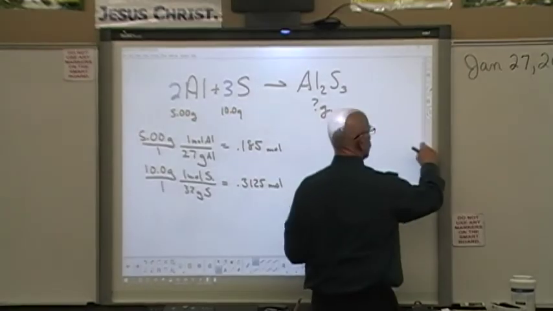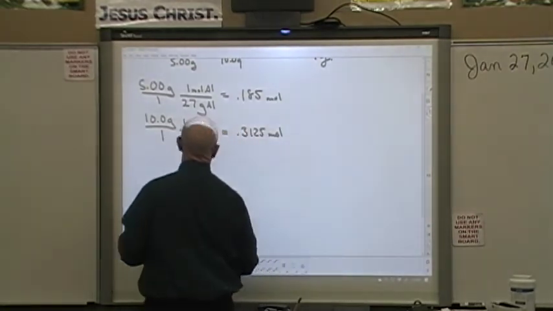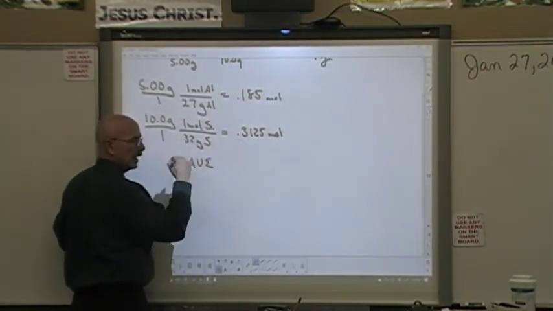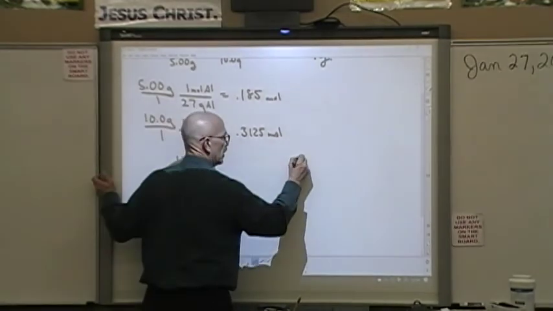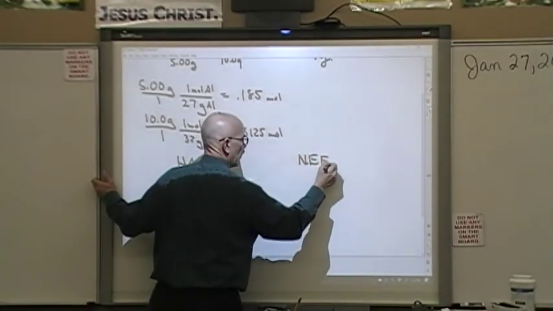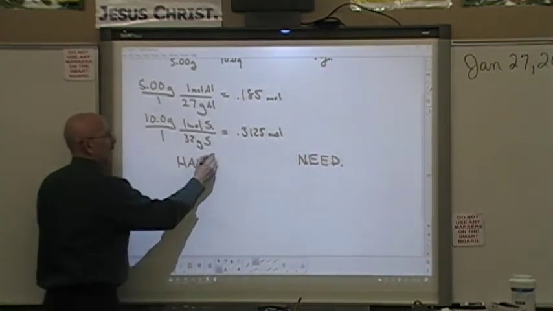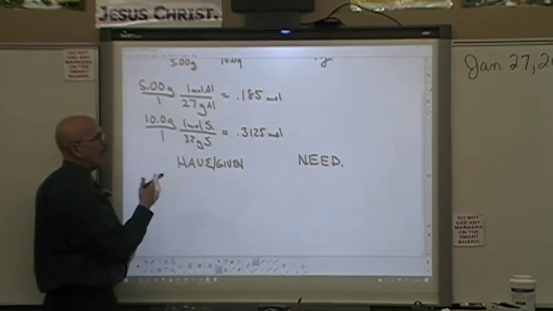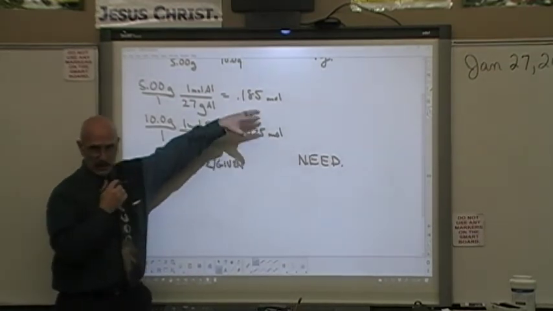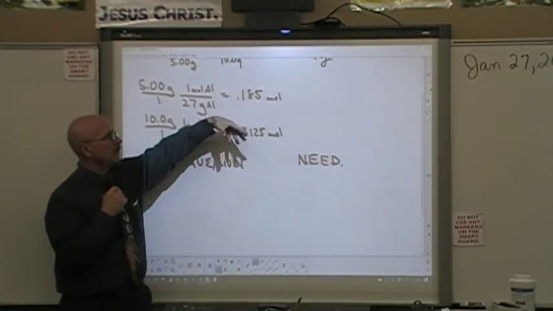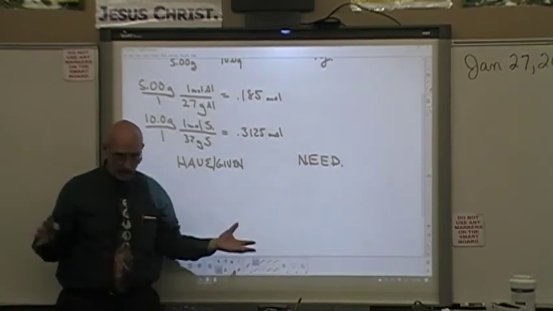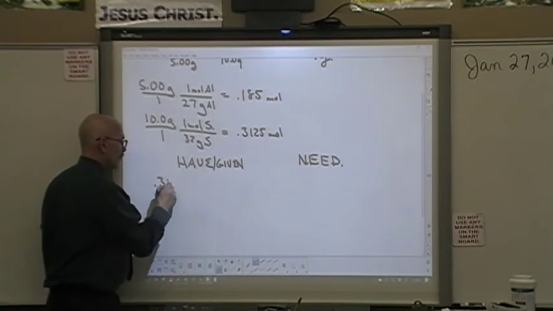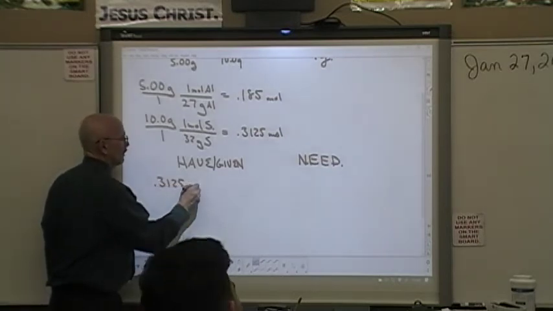Now we're going to do what Kenzie said. Now we're going to divide these. We're going to write down what do I have, or what am I given. I switch back and forth between those 2 words. And what do I need? Okay. What do I have? What am I given? I always like the number to be more than 1. So I always pick the big number over the small number. You don't have to do it that way. I showed you last week. You get the same answer both ways. But I'm going to put 0.3125 of sulfur,